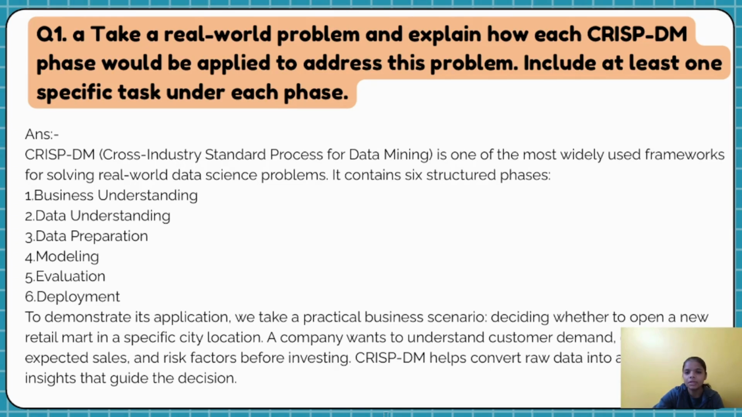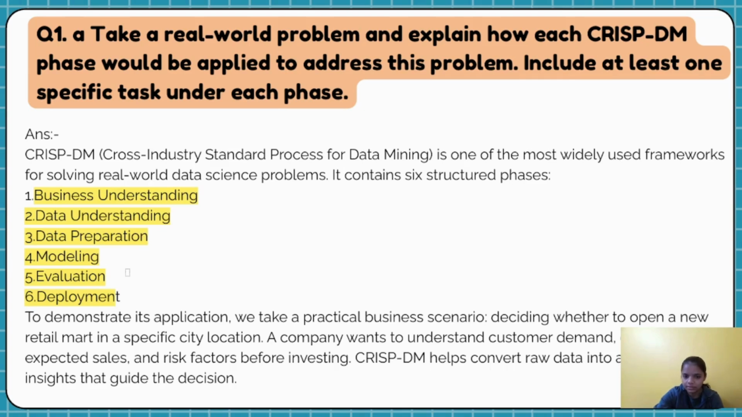So, CRISP-DM stands for Cross Industry Standard Process for Data Mining. It is the most widely used framework for solving real world data science problems. It consists of six phases. First phase is business understanding. Second phase is data understanding. Third phase is data preparation. Fourth is modeling. Fifth is evaluation. Sixth is deployment. To demonstrate its application, we will take one example: to open a mart in a specific